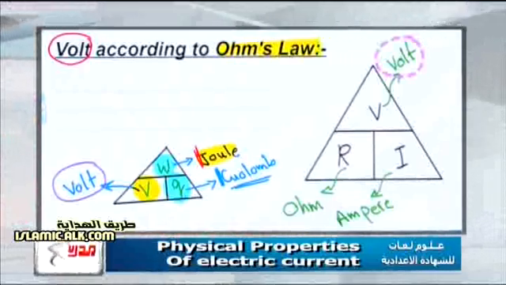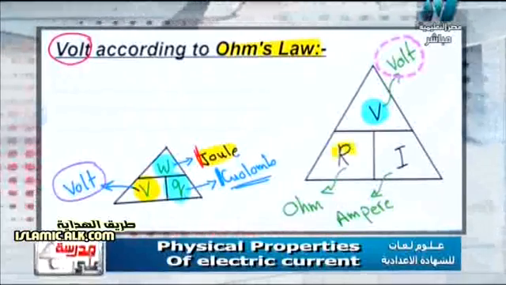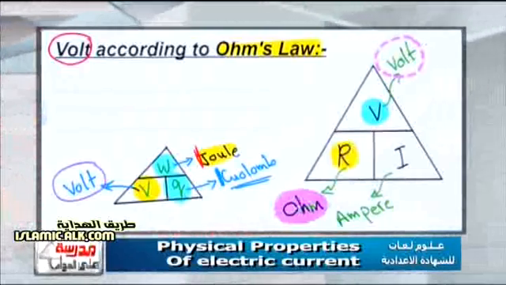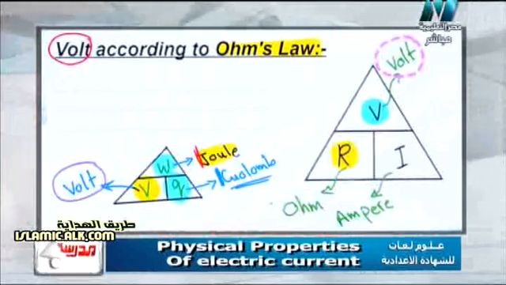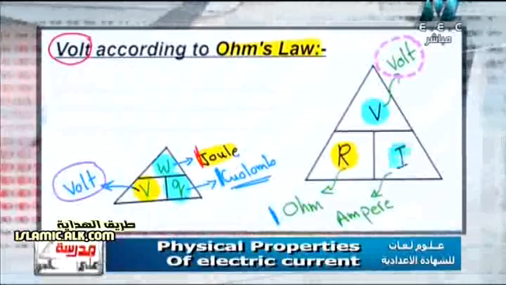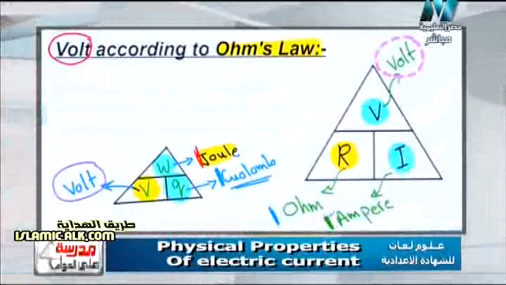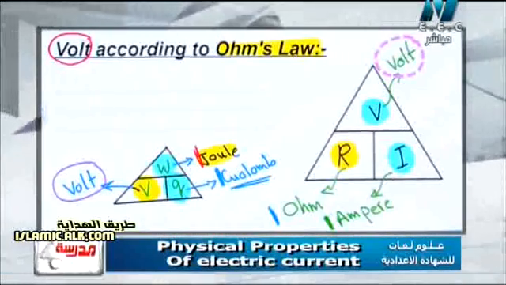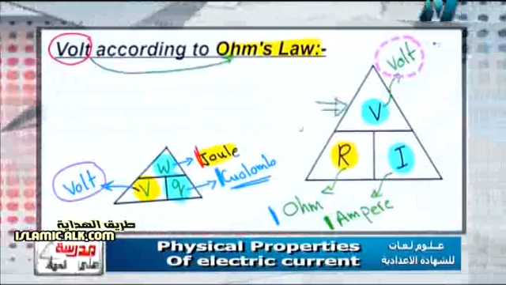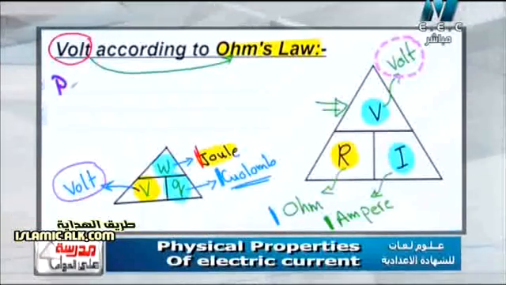I will say it is the potential difference when the electric resistance equals 1 ohm and the electric current intensity equals 1 ampere. So we define volt according to Ohm's law, from this triangle. Again, we will write it as: volt, it is the potential difference, PD,